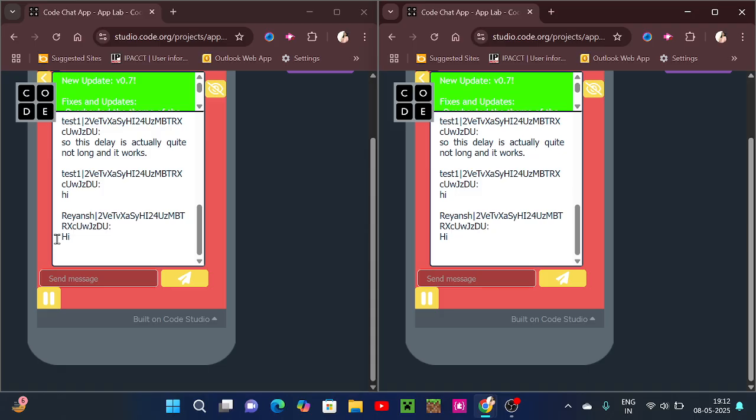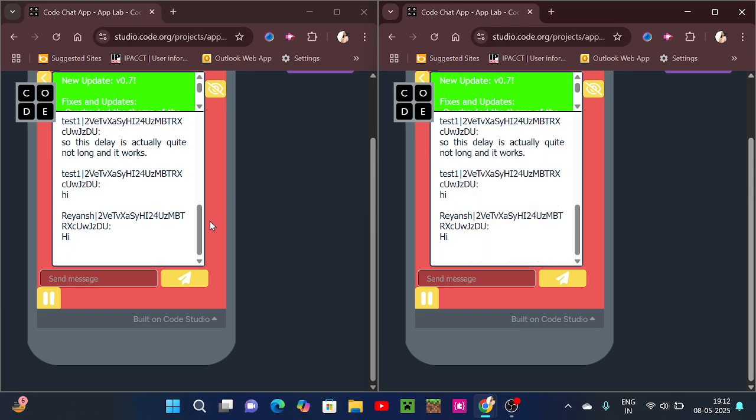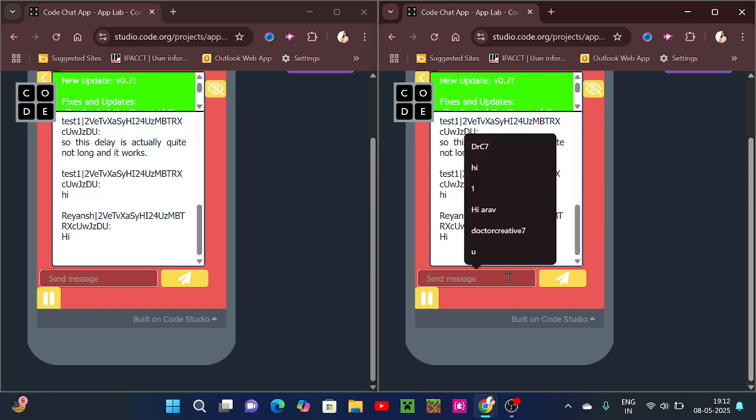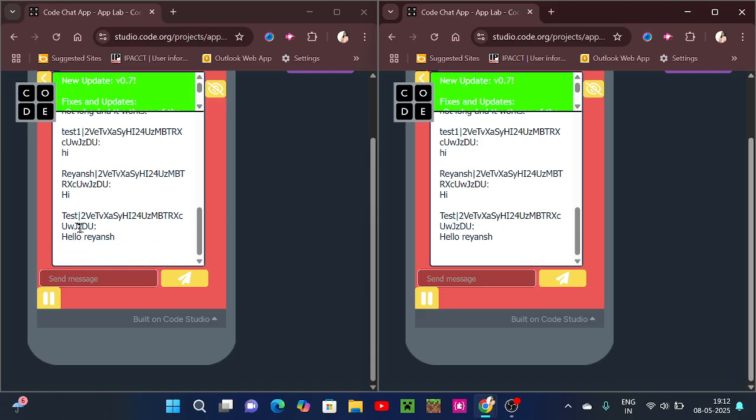So it popped up on both the windows, here also and here also. So now if I send a message from this window, I should receive it on this window as well. I'm going to send it, and as you can see, the message popped up. So you can chat, and it's basically real time.